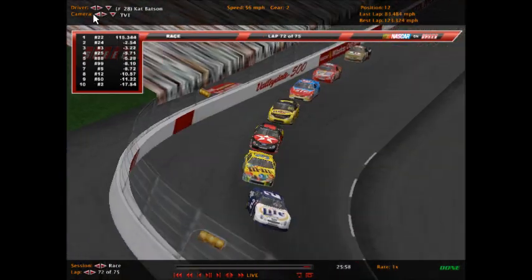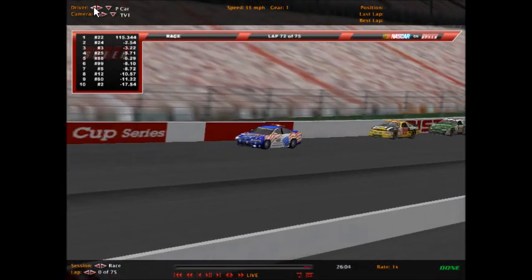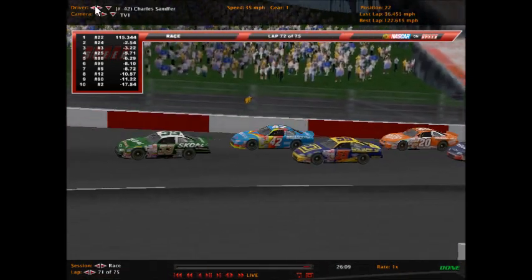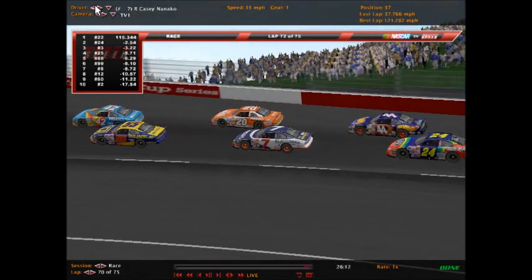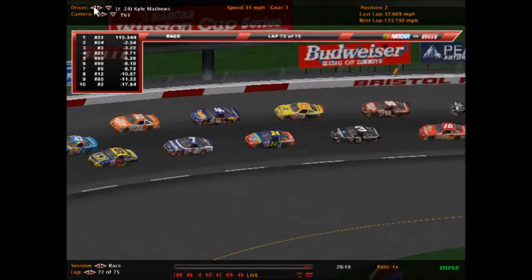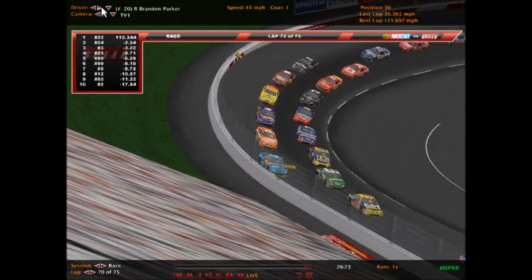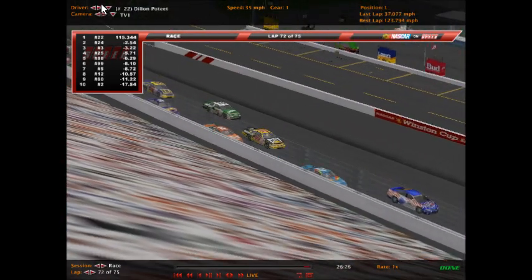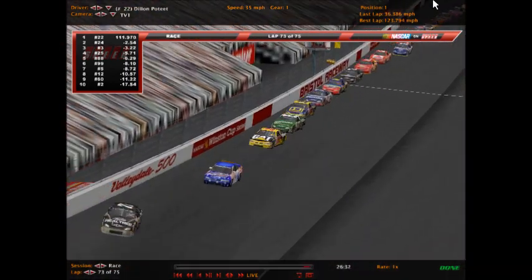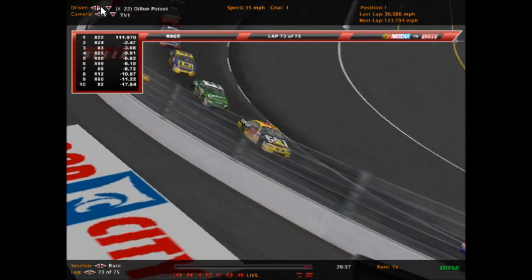Okay, so what's going on right now is we have got... Well, there's the traffic right there. Poteet has put several cars a lap down. At the moment, there's Matthews in second place, with Debo running in third. And they're going to let the lap cars by. They're going to let the cars by that got put a lap down by accident, but they are now back